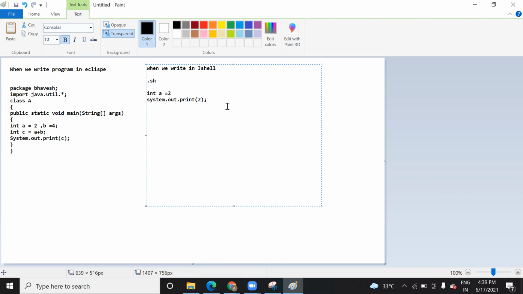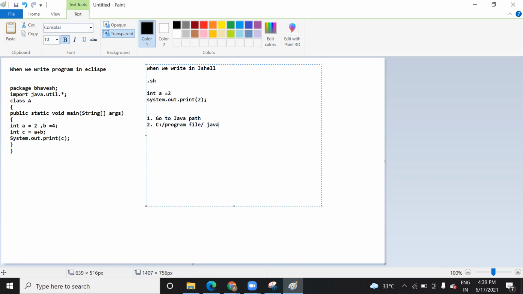In order to configure it on your system, the first step is to go to the Java path. In Java, it is usually present in your C drive, in Program Files.